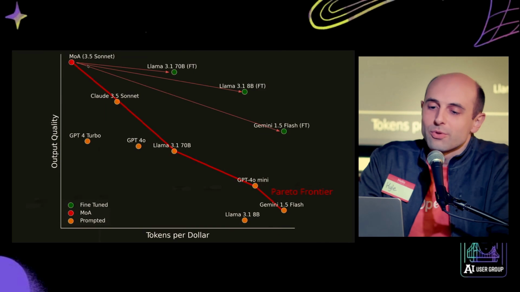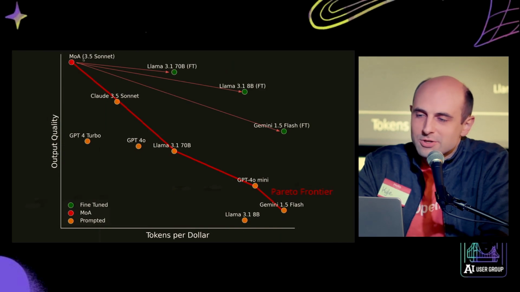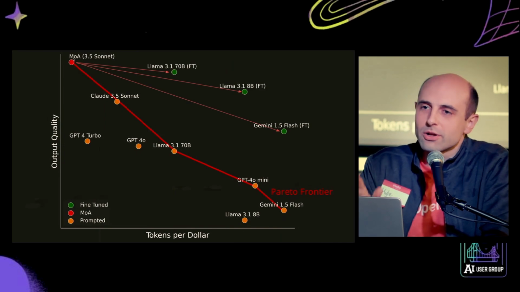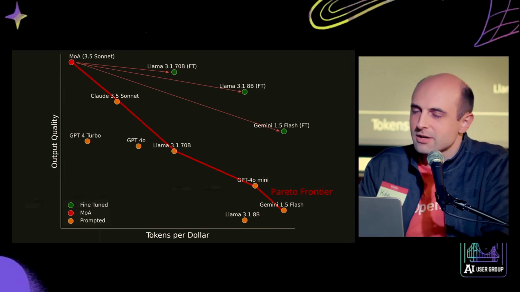What we have found is that there's a really nice pattern you can do: you start with this mixture of agents approach. You get the highest quality completions you can. Maybe that's too slow or too expensive to use in production, that's fine. You can do this offline, use one of these other models in production, and then use this mixture of agents to reprocess your data later.